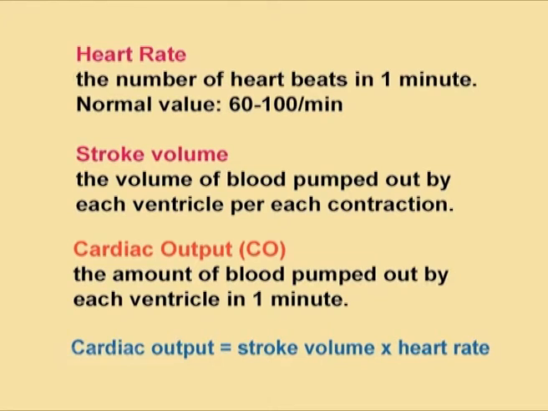Now, this is called a cardiac cycle, but there are many things which are associated with a cardiac cycle. Let us have a look in detail. Heart rate means the number of heartbeats per minute, and the normal value is about 60 to 100 heartbeats per minute. There are a few other terms like the stroke volume, which is the volume of blood pumped by each ventricle per contraction. Based upon both these things, we can calculate the cardiac output, which is the amount of blood pumped out of each ventricle per minute. So, cardiac output is equal to stroke volume times heart rate.